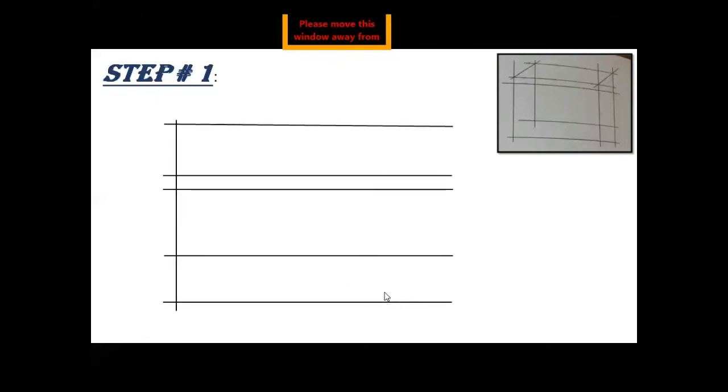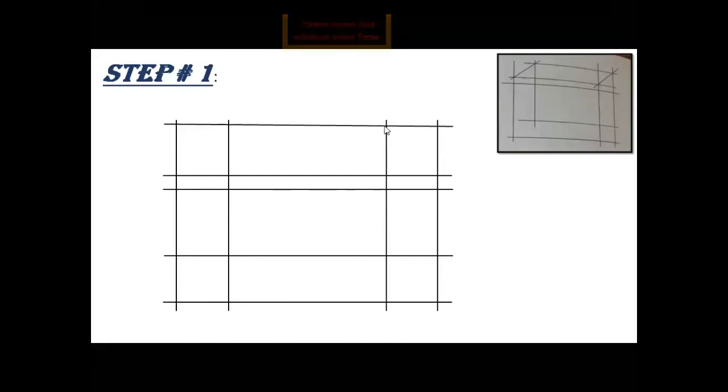Okay, now we will move towards the vertical lines. The first one is the vertical line. The second is parallel to the first line. The third line is at the right side of it, and the fourth line is exactly parallel to the third line. Then you will draw two diagonal lines. You will draw the two diagonals.